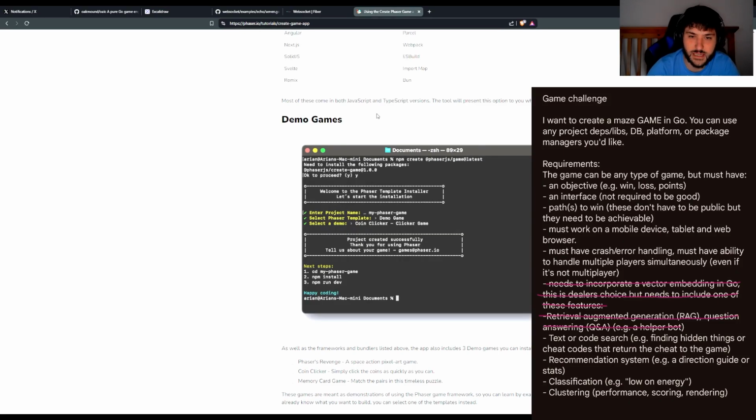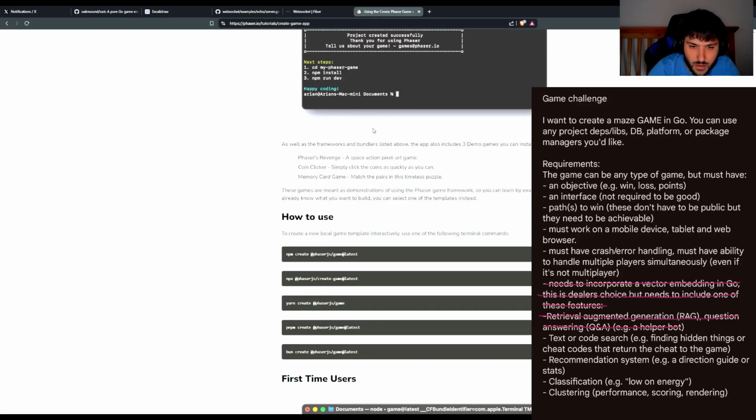I think Phaser is a good idea. So, sure. Okay. Now, if I could get this to work somehow, that'd be great. So how do I do this? I'm going to do this on my own. I'm not going to do anything crazy. I'm going to figure out how to put this together. Is there any way that I can get